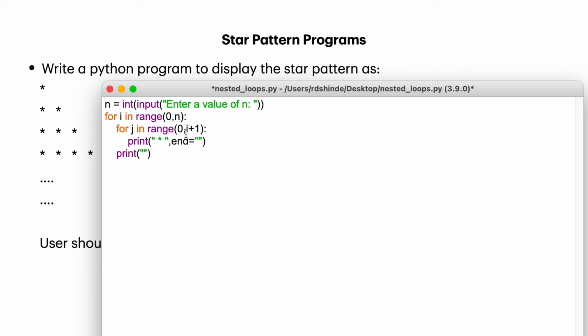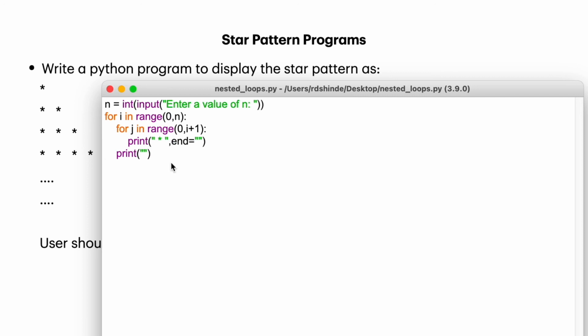Again, for i equal to 1, j will be from 0 to 2, and for two values of j, this print statement will execute, and in the second row it will print 2 stars. This is how it will go until the value of n is reached. So we are done with our program.